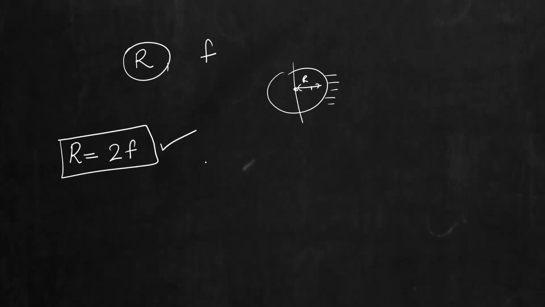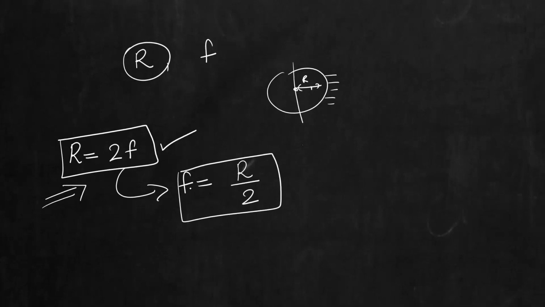Problems can come with regard to this equation. So please learn by heart, radius of curvature is equal to twice that of focal length. Or if I write it the opposite way, focal length will be R divided by 2. Or in words, focal length is half of the radius of curvature. Radius of curvature is twice focal length, whereas focal length is half of radius of curvature. That is the idea. Now moving on, today's topic is image formation by spherical mirrors.